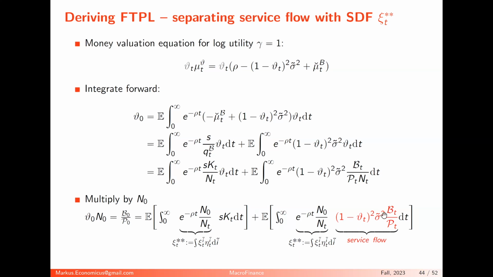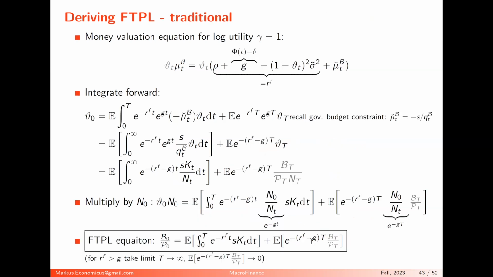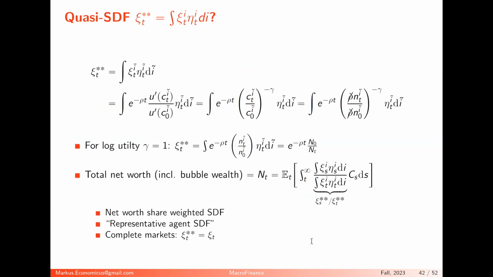If there's more idiosyncratic risk, I have more service flow. If there's more handling of the capital, then I have more idiosyncratic risk exposure, so there's more service flow. And you can see that if this B is 0, this will also be 0. So it relies on a positive real value of the government bond. Okay. So this thing, I was jumping over that. The C double star has this element here. We had this in the previous slide where we derived it for log utility. It becomes this term here.